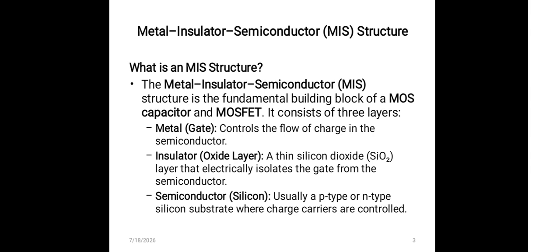The next layer is the semiconductor. It is generally a p-type or n-type silicon substrate where charge carriers are controlled. Unlike a conventional conductor, the gate does not directly inject current into the semiconductor. Instead, it controls the movement of charge carriers using an external electric field. This electric field control is the key reason why a MOS device consumes very little power when compared with other